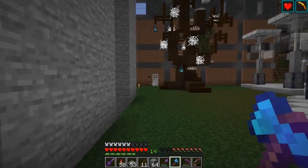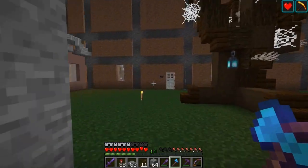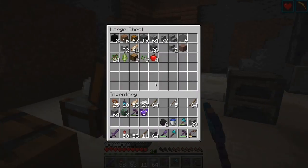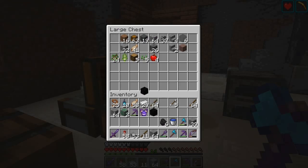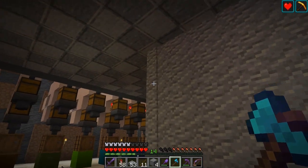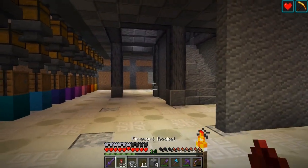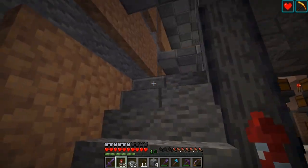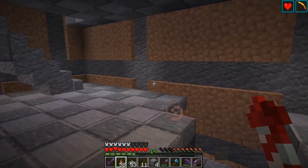Looking in this chest reaffirms that I do not know how my own brain works. Coal. Ha! Right, so get this cooking. And yeah, now it's time to get on to the next bit. Probably put a lid on this thing. Maybe work on one of the next ones, but